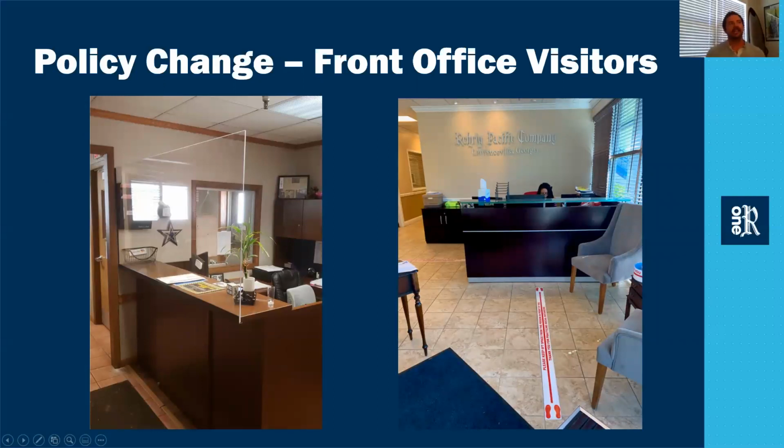So here are examples of two different front offices at two different sites. The image on the left is in our Erie, Pennsylvania site, and the image on the right, if you can't tell, is from Lawrenceville, Georgia, just outside of Atlanta. Both setups ultimately achieve the goal of creating some sort of barrier between an outside visitor and our employee. On the left, you have a plexiglass window here. And then on the right, we actually put a visual indicator on the floor to try to once again just